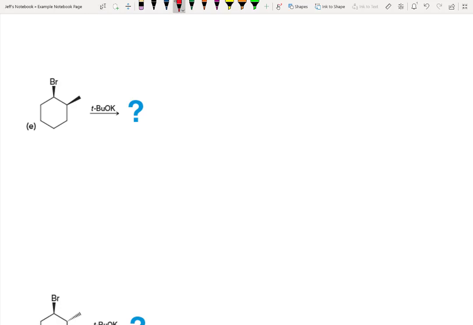Again, if we look for beta protons, we've got beta carbons right here and here. And we've got beta protons coming off the right carbon, and then off the left carbon, we've got two beta protons. However, when we're looking for the beta proton that's anticoplanar, the only one that would work would be the one that is anti to our leaving group. So both of these highlighted protons would be acceptable. All right. So now let's take a look at what happens when we work with a strong base like tert